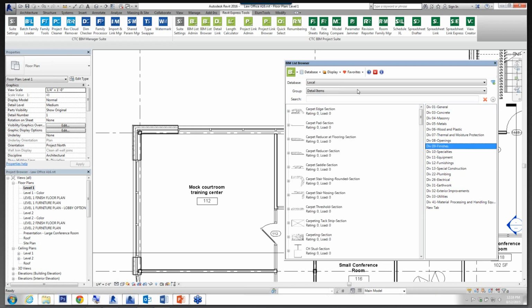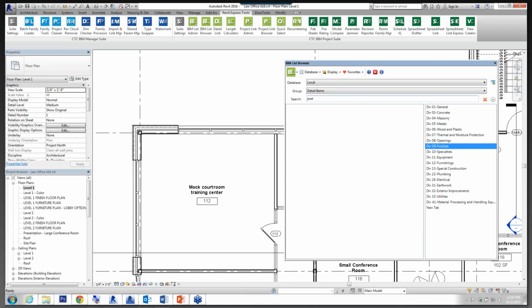So if I pick on Division 9 finishes, one thing that's different here is you can't really have sub-tabs over here. So if you're familiar with the detail items, you'll know under finishes there's a couple of folders. But what's nice about this is when you select this category, Division 9, you can do a really quick search. So if I know I'm about to place a joist,